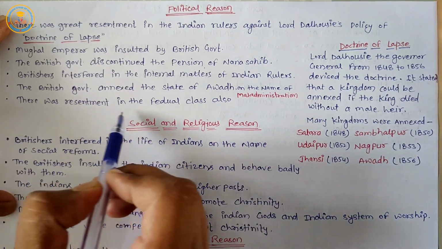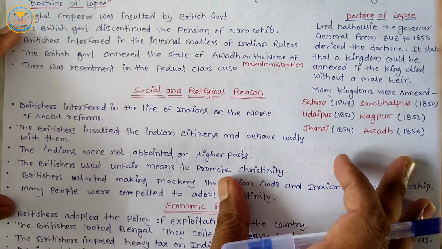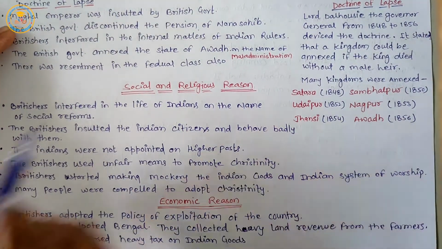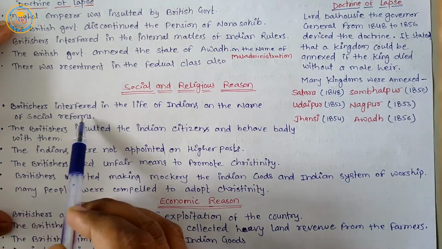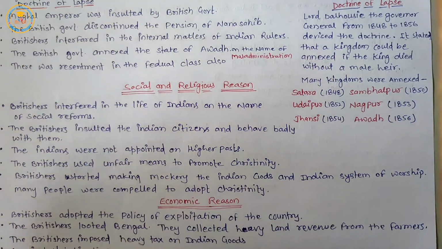There was a resentment in the federal class also. Next, social and religious reason. Britishers interfered in the life of Indians in the name of social reforms. Yes, we can say that this point is also good for